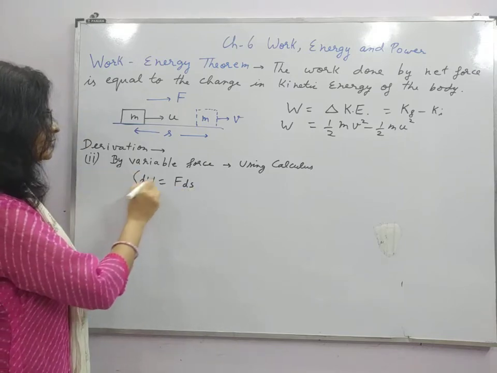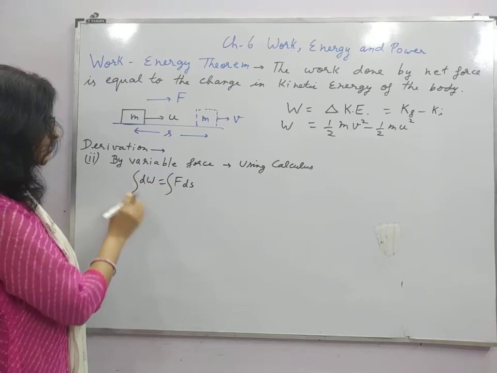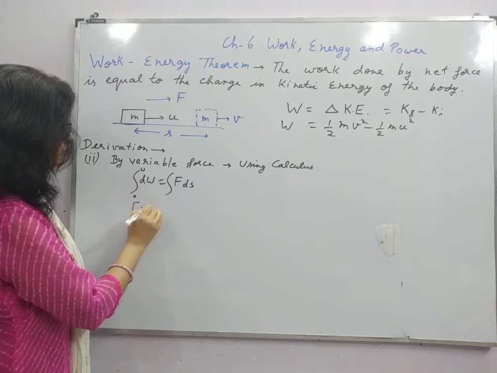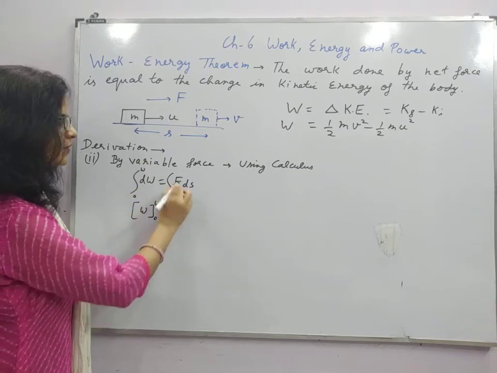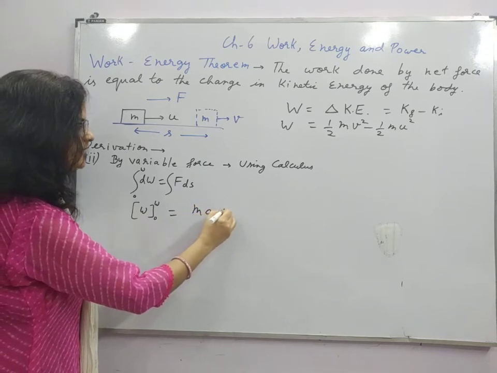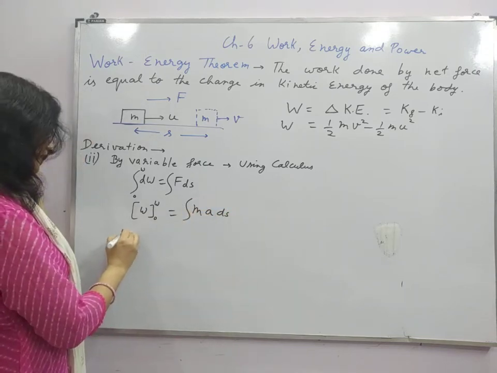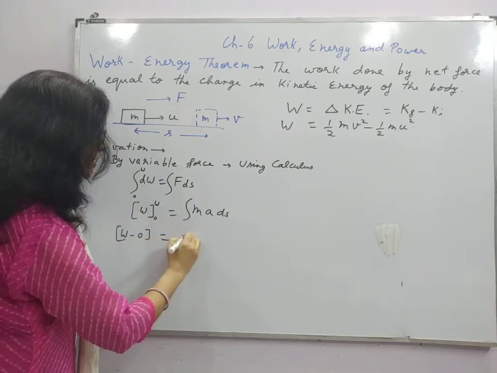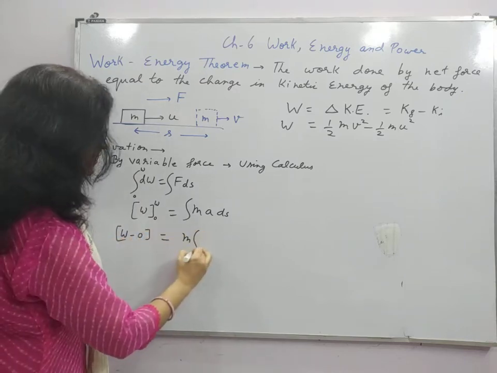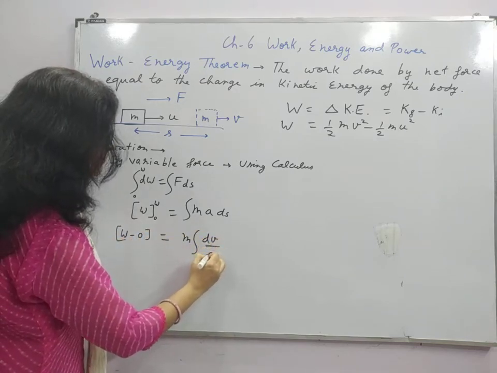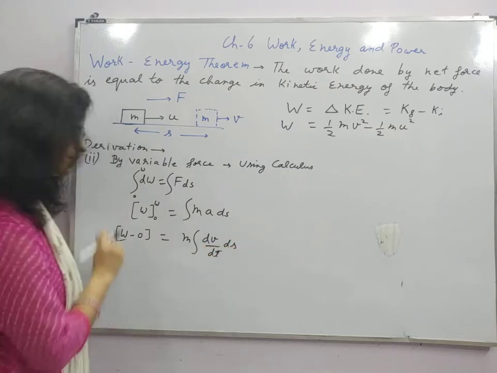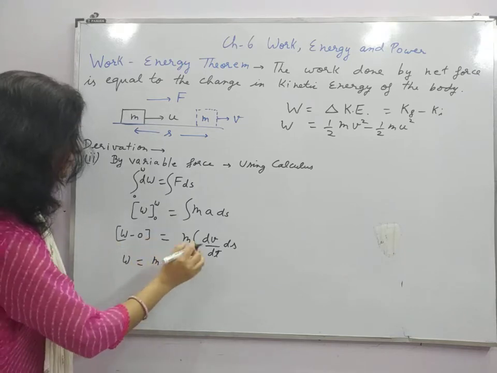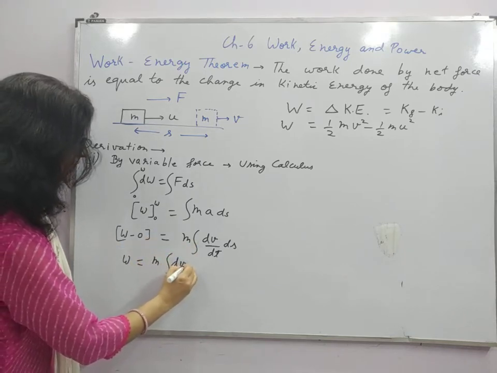So obviously for the total displacement or total work done, dW can be integrated as W, and the limits can be kept like this. For force, you can write m a ds, right? And this is W minus 0. And here m can be kept outside the integral sign. Acceleration can be written as dv by dt into ds, right? This left side can be written W, and here m, and this can be written as dv into ds by dt,